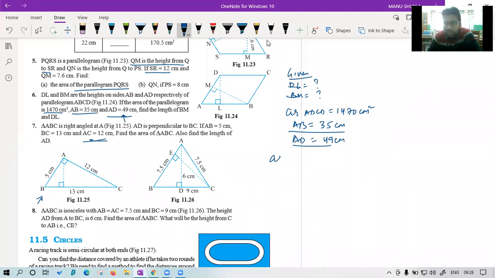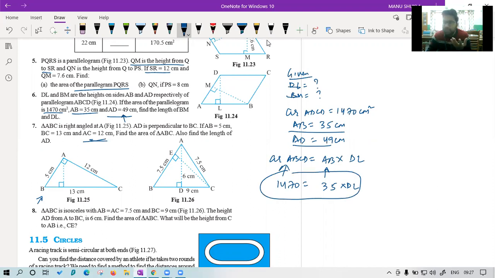I know area of ABCD can be written as what? AB into what? If I go with AB as base, it is the same as that only, Kritika, don't worry, it is the same. Class, so if AB is base, what is the height? AB is the base, then DL is the height, very good. So we put the value of area as 1470, AB is given to us as 35. Can't we find DL very easily? We just need to isolate the DL and we'll get the answer. So this part is done.